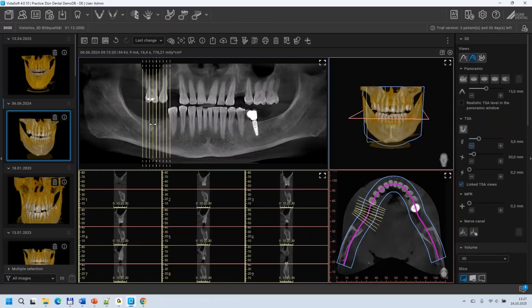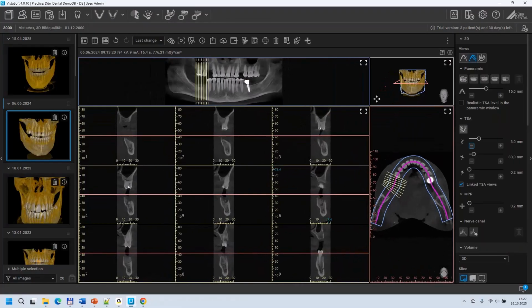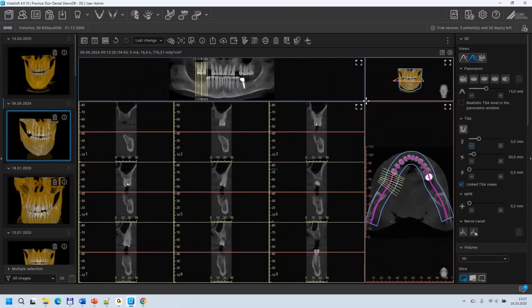On my screen at the moment, this is very small, but VistaSoft allows you to adjust the window size of all this. For example, if you move your mouse cursor to the center of this grid here, between the panel view, the rendering, the sagittal, the axial view, and the cross-sectionals, then the mouse cursor will change to this kind of arrows. If you click here and move the mouse, then it's possible to adjust this window size to whatever you want